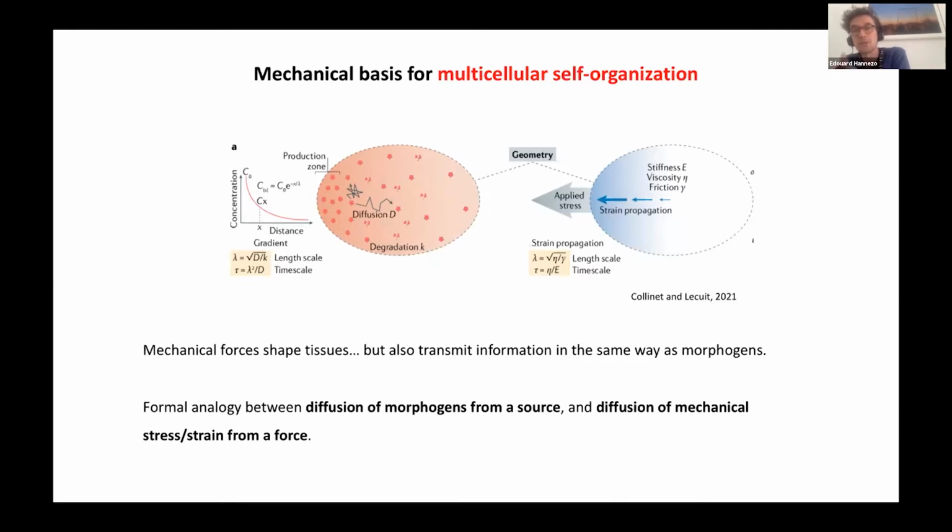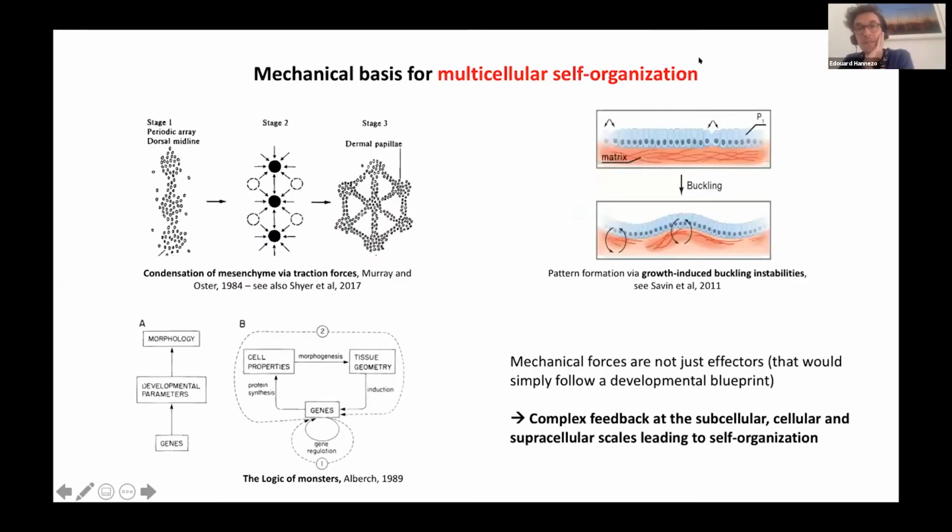There's actually a very strong and formal analogy between the information that's propagated through diffusion of morphogens from a source and the diffusion of mechanical stress or strain from a point force. And because of that, in many of these cases, it's now being realized that mechanical forces indeed are not just effectors that would simply follow a developmental blueprint, but they can really give rise to complex feedbacks at a subcellular, cellular, and supracellular scale, which can give rise to self-organization, which is one of the big questions, I think, in the field